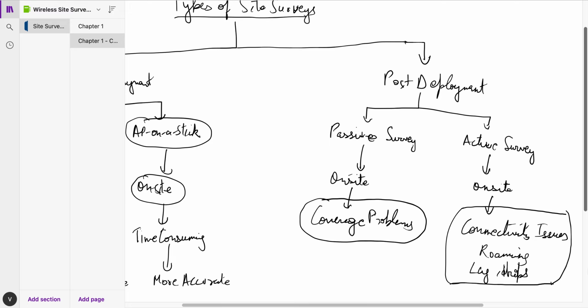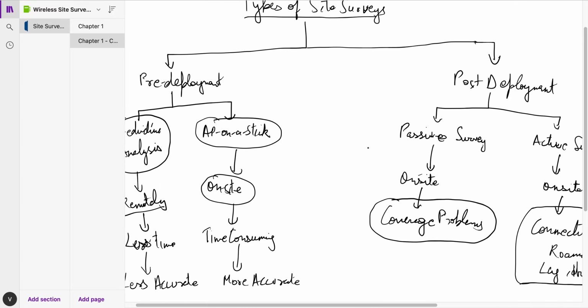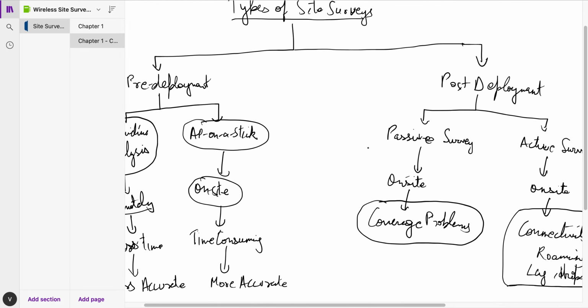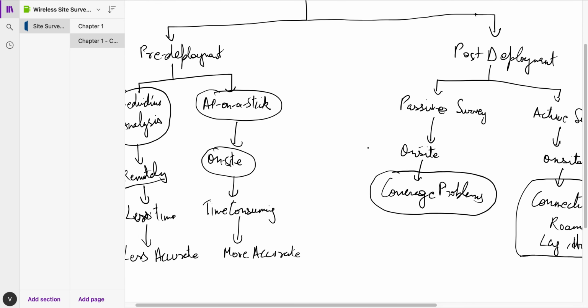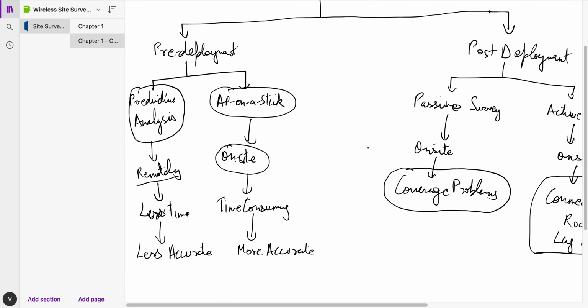So pre-deployment, post-deployment, predictive survey, AP on a stick, passive survey, active survey. Three of them are done on site. That is AP on a stick, passive, active. They're all done on site. And yeah, for predictive or pre-deployment, when the APs are not deployed, when we are trying to understand the right locations for the AP,